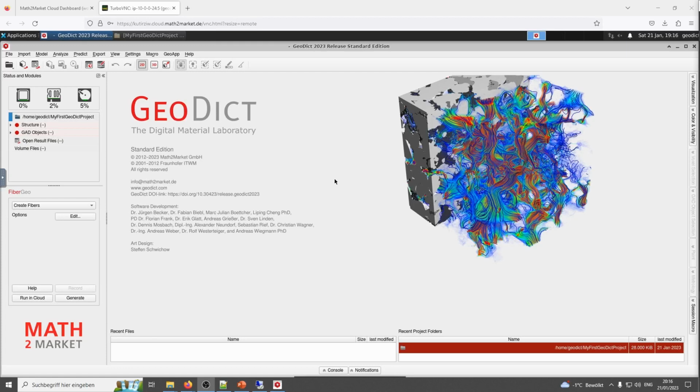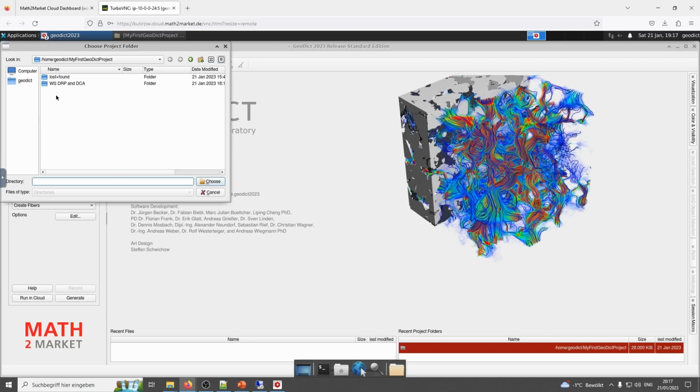What we are going to do first in GeoDict is to select the working directory. To do that, please go to the left and on the icon of the project folder, right-click, select project folder, and find Workshop DRP and DCA.